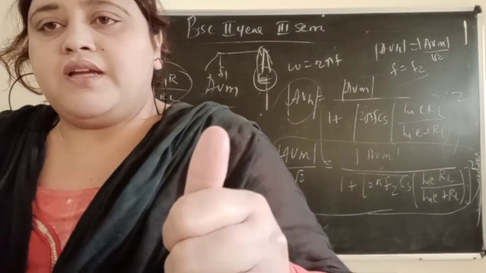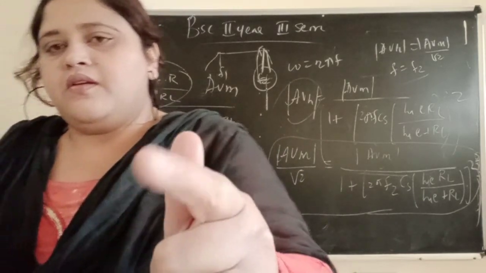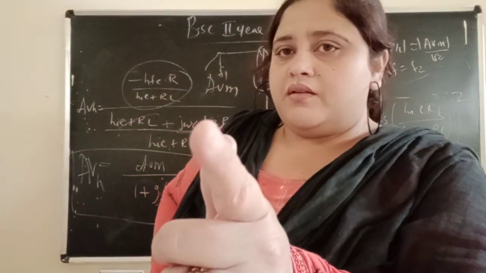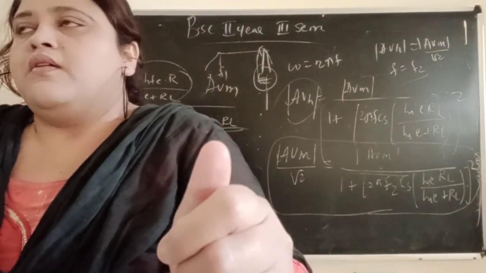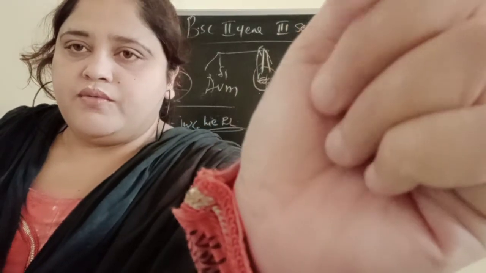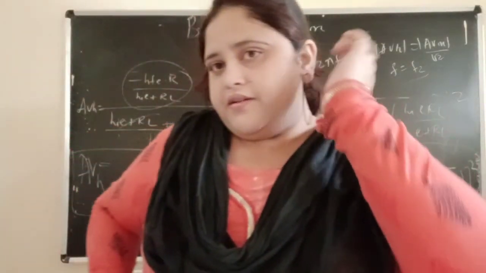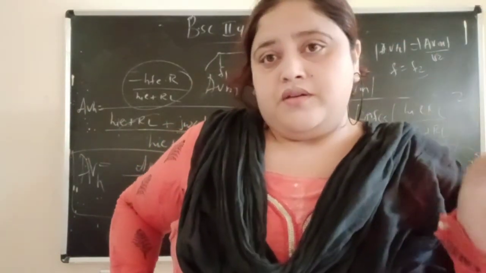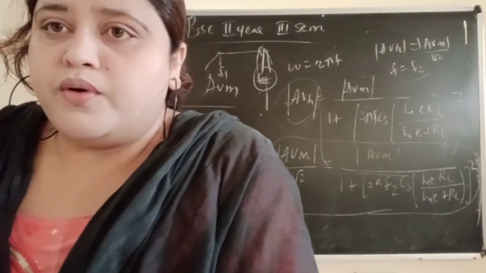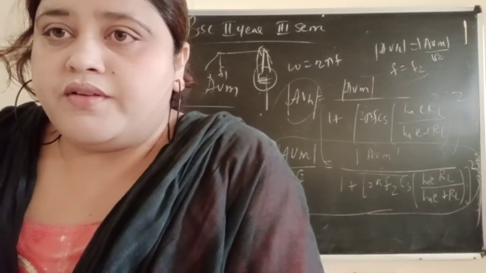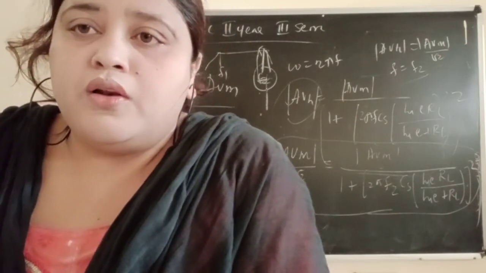In mid frequency we have calculated first AVM, means voltage gain in mid frequency. We have calculated voltage gain in low frequency. We have calculated voltage gain in high frequency. So what we have done in voltage gain in mid frequency, simply we have drawn the equivalent circuit. From that we have calculated ZL, then output, input, then finally we went for output divided by input, then AVM we got. After that we went for low frequency.